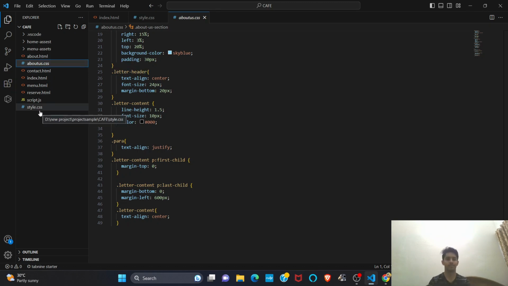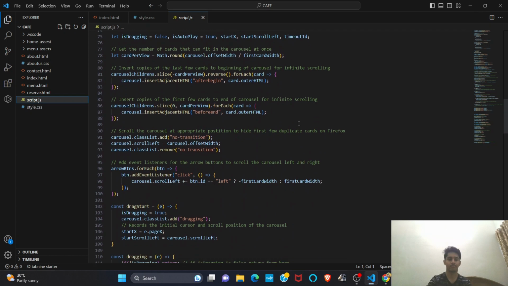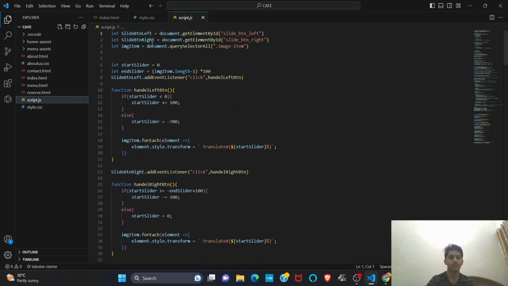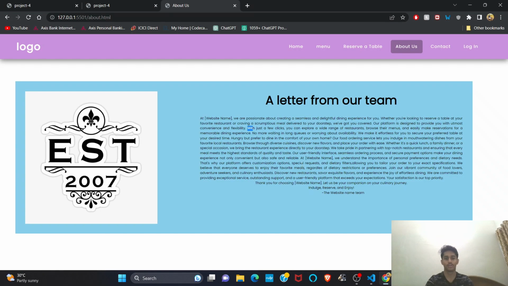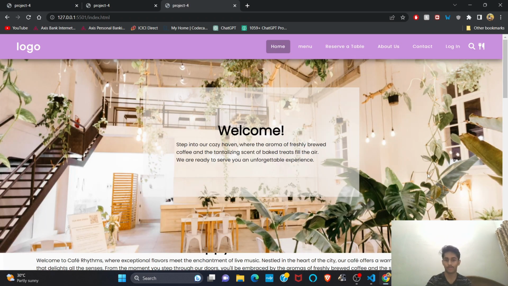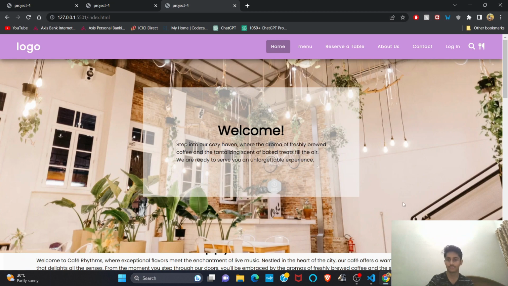Now let's move to the JavaScript, the main styling and the main animation of our website. Let me show you the JavaScript code. As you can see, first over here we have the slider button. We have given some variables over here: slide button left, slide button right, and image item, and we are using the addEventListener function. AddEventListener adds an event. If I click on the handle left button, it will add the following event, and it slides the images. Let me show you over here. As you can see, the images are sliding automatically. I don't need to click. This was done using